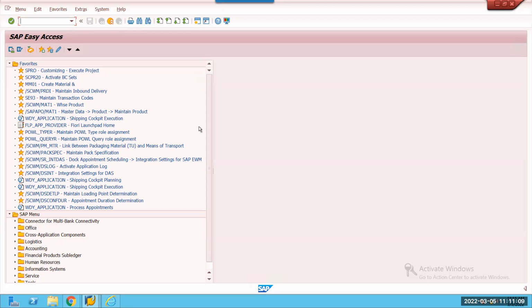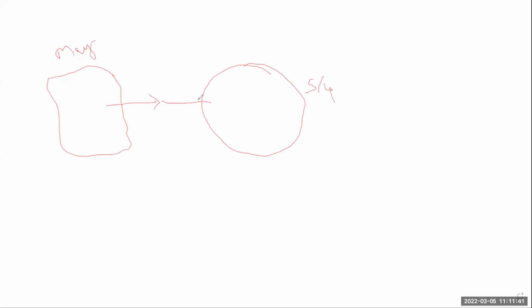The EWM system is a separate box, and the database is S4 HANA for this case. EWM system, S4 HANA database. And the ERP system may be an S4 HANA database or may not be. Correct. And in this case, to send the communication, like what we were doing with CIF or transactional data, qRFC is replaced by IDOCs.